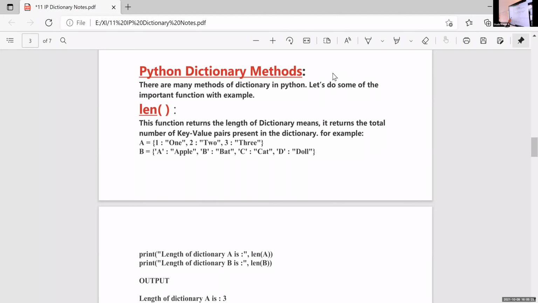For example, here A, number of key value pairs. Here, what is the len of A? Kevin, what is the len of A? Kevin is not there.